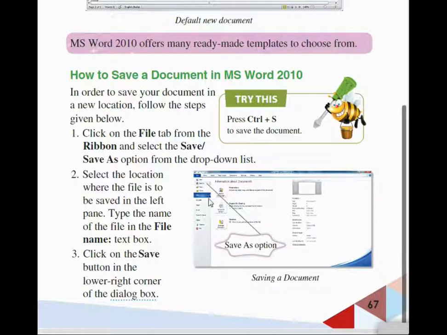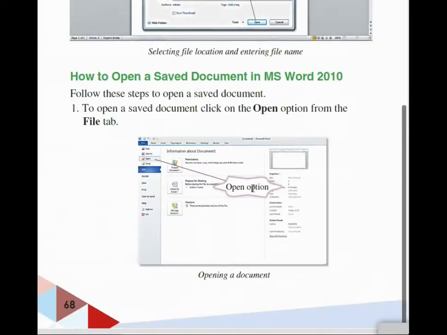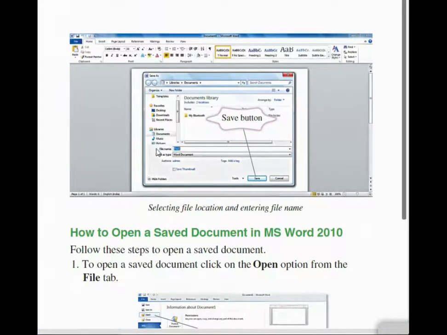Once you click on the save option, you will get a dialog box. In that you have to click on the file name. Here in this place you can type the file name. Once you type the file name, here you have to click the save button.